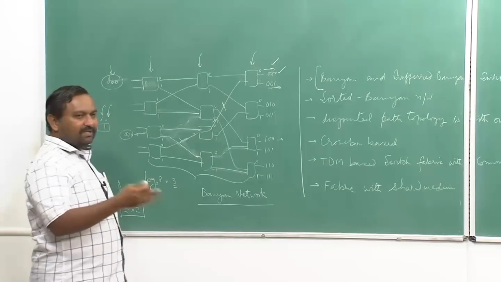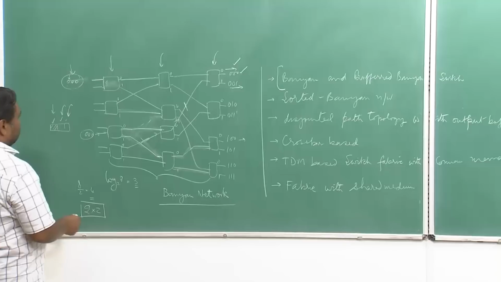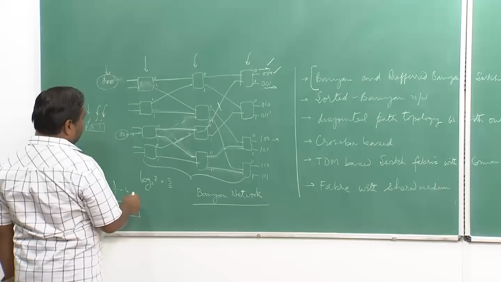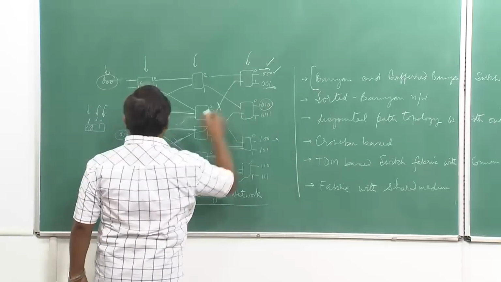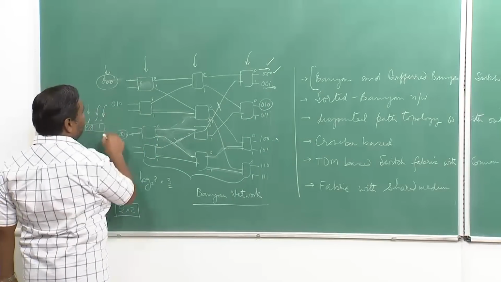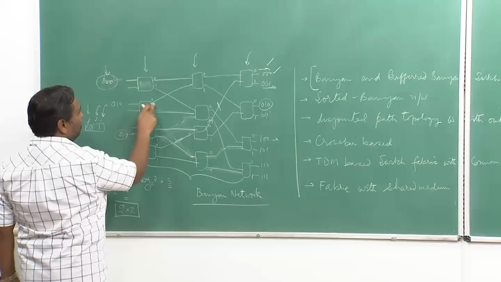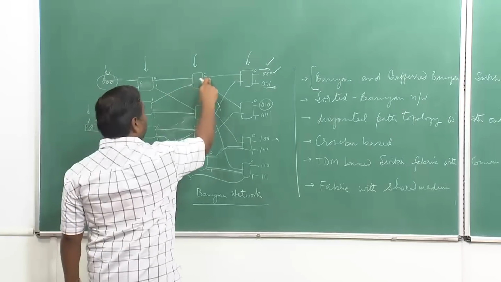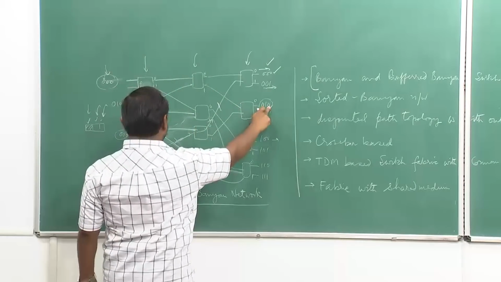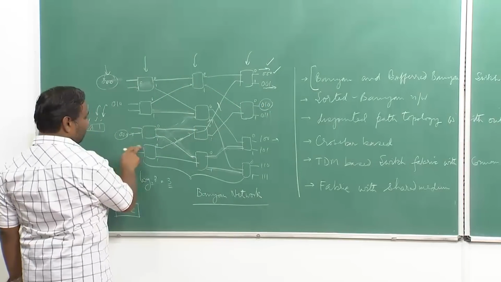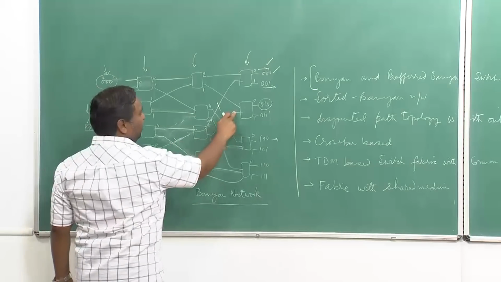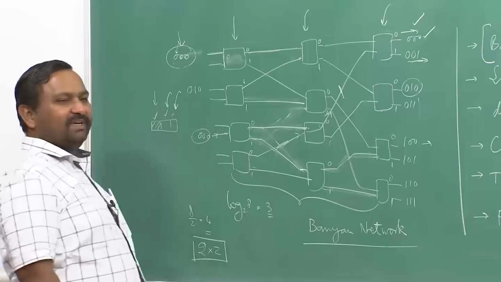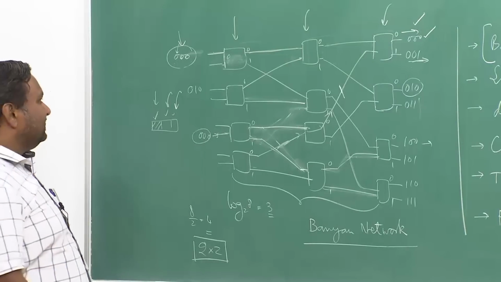Now, why this happens has to be understood. So, if you put, for example, 0 1 0, as I was telling, you put 0 1 0 here, what is going to happen? Since the first bit is 0, it goes up, the next bit is 1, it goes down, then it is 0, it comes here. Put it from here: the first bit is 0, it goes up, the second bit is 1, it comes here, and the third bit, it again comes here. What exactly is happening is,